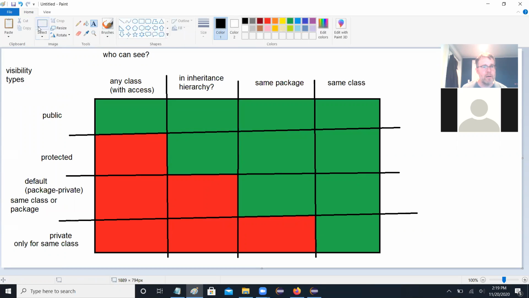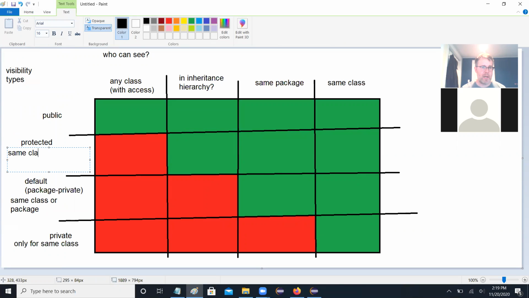Protected, of course, is going to be same class or package, or in inheritance hierarchy, and public is